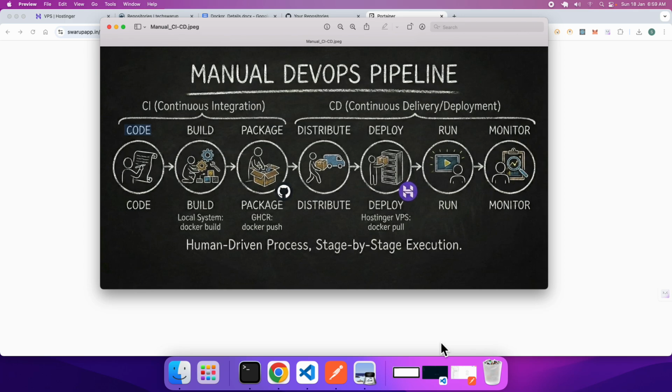Hello friends. In the field of development, we are very much familiar with the word CI/CD, continuous integration and continuous delivery or deployment. This is a section that comes under DevOps. Through this particular image, I will try to illustrate what are the different phases that a CI/CD pipeline has to go